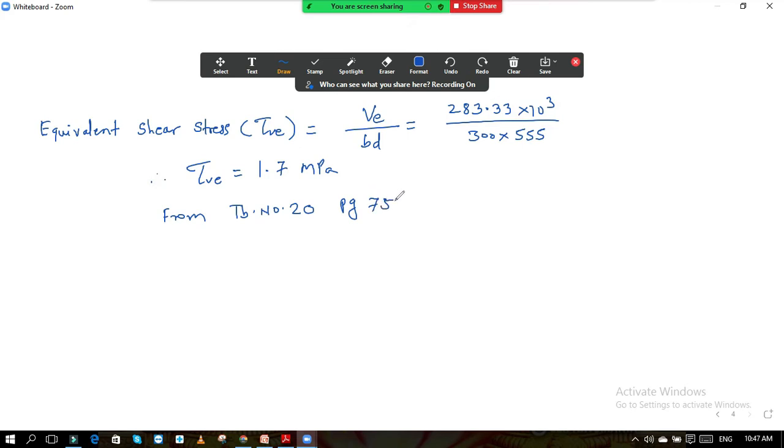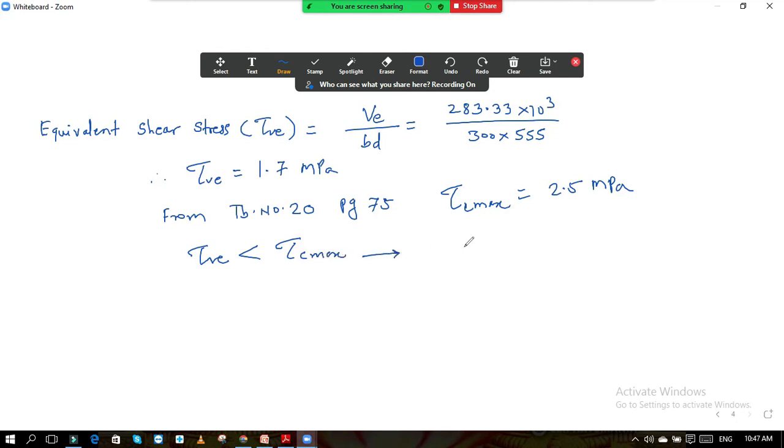Table number 20, remember this. Okay, tau c max,